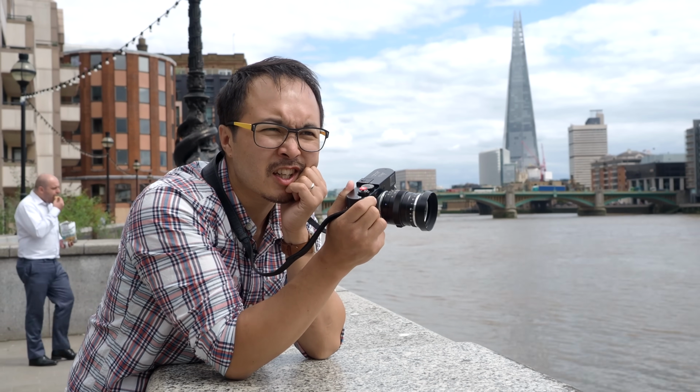One of the most iconic Zeiss lenses in recent days. Right, if you are looking for a very, very fast and high quality 35mm for your M mount camera, whether it's film, digital Leica, or